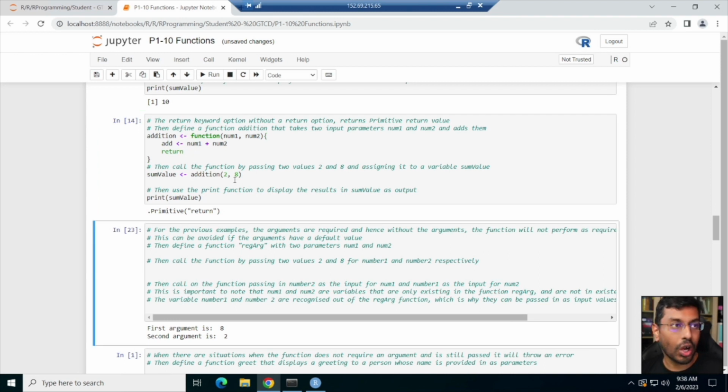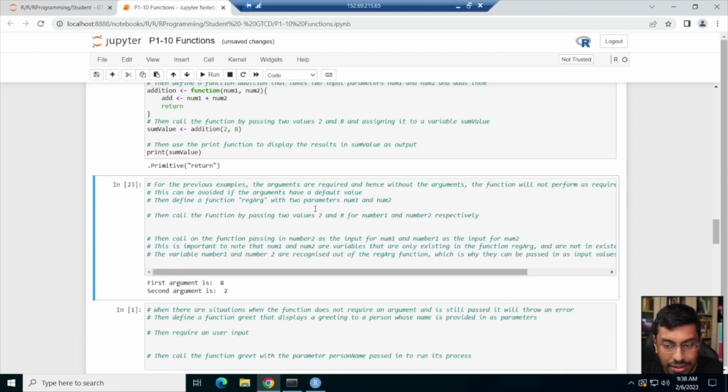It's going to say a dot primitive return. This is just an outcome that says return, but there's nothing in the return. It's an empty return, right? So you need to be careful when you do a return properly, right? Okay. For the previous examples, the arguments are required, and hence without arguments, the function will not